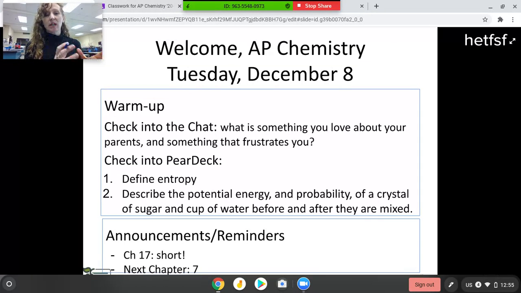So whenever you encounter a polar covalent molecule that dissolves in water, you can assume that the aqueous solution is going to increase in disorder. It's not going to be a very ordered solution because the forces between the polar covalent molecule and the water just aren't strong enough to order it very highly. And now you have all this increased positional probability. You have even more ways to organize the solution now that the sugar's in it. And so positional probability has gone up, so entropy has gone up.